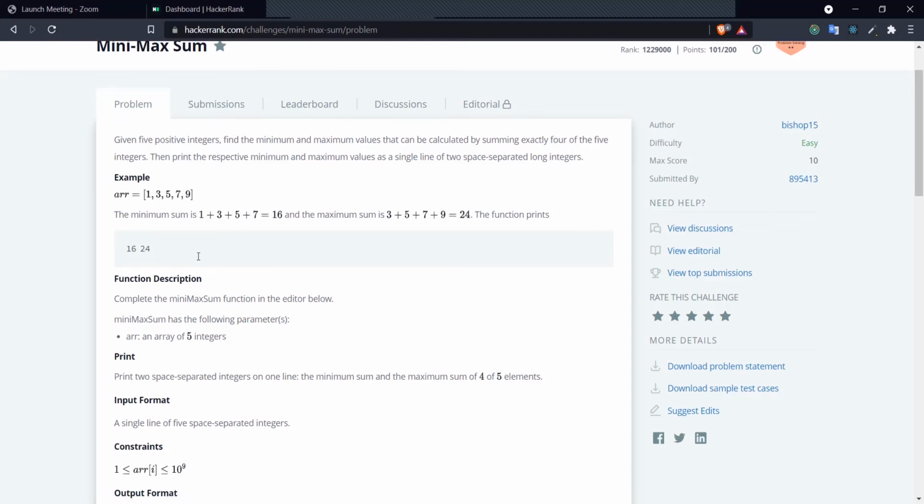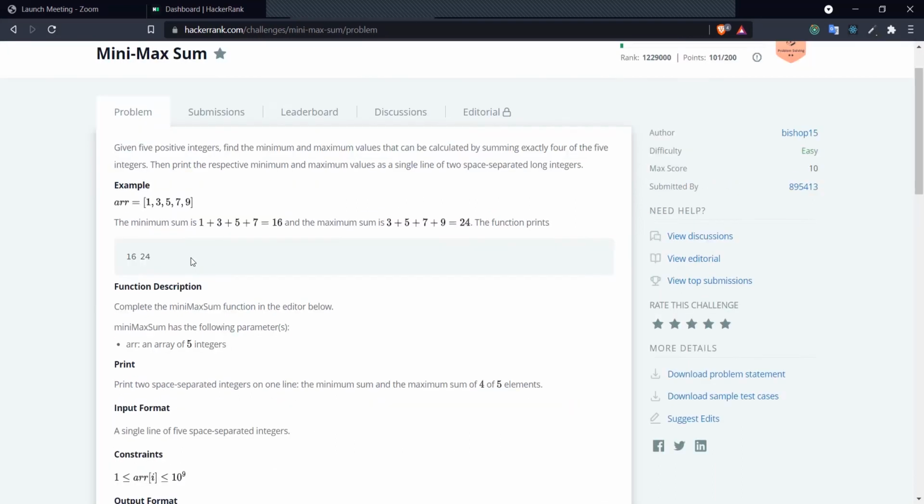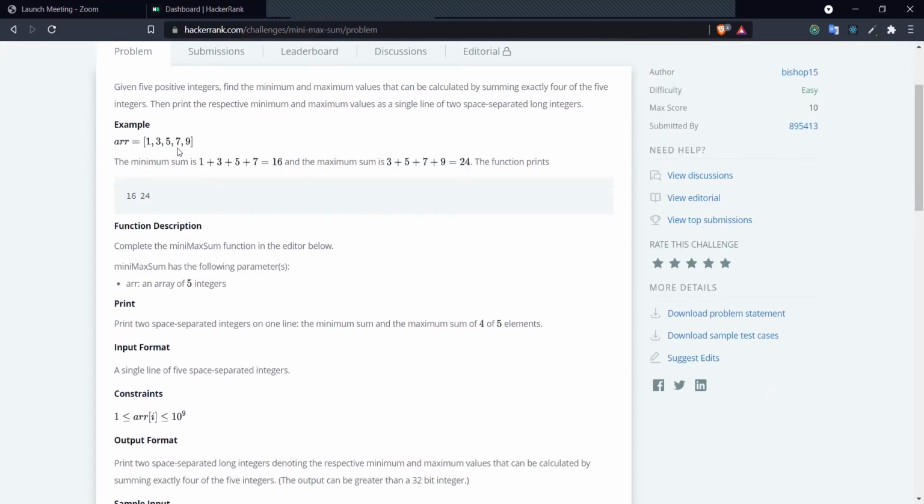So I guess one way to go about doing this is, this input is sorted, but I don't think that it's always going to be sorted. But if it is always sorted, you could just add the first 4 elements of the array, and that's going to give the minimum value. And to get the maximum, you can just add the last 4 values. But that's only if it's sorted. So I guess you could sort the array and then do it that way. But maybe a better way would be to